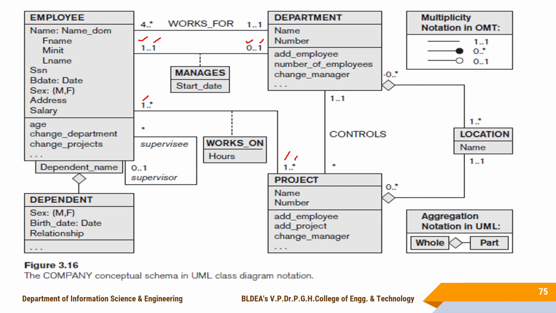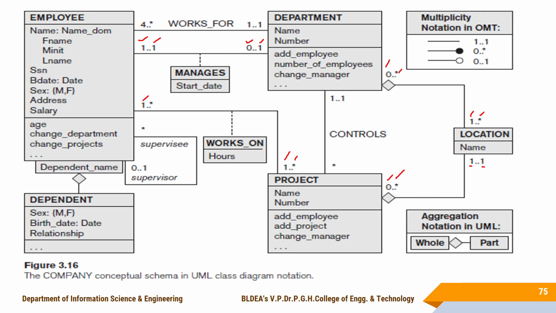And this is location. So a department may be located in multiple locations or may not be here. So that's what the 0 is. It may be located in more than one location. So if a location is there, it must be located in at least one department location or more than one location here. This location may control, must control one project, controlled by more than one project here. So now the 0 indicates that the department may control a project or may not here. If it controls, it can control more than one project here.